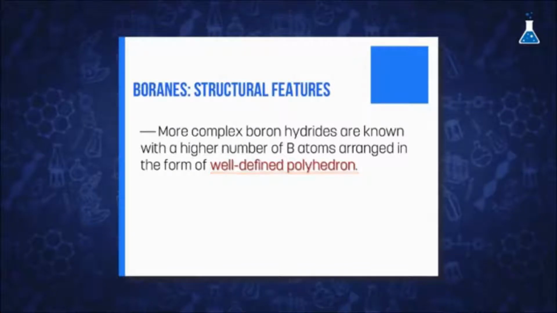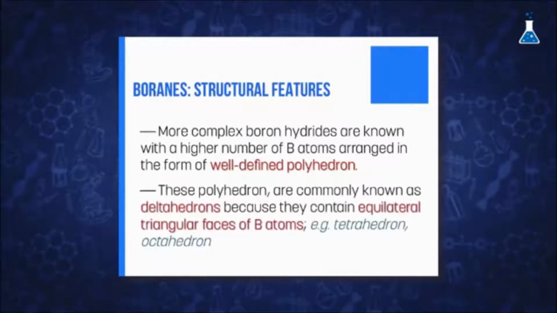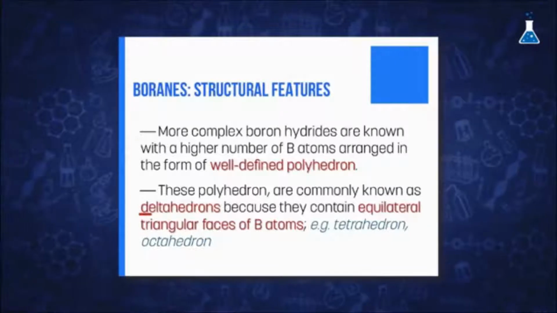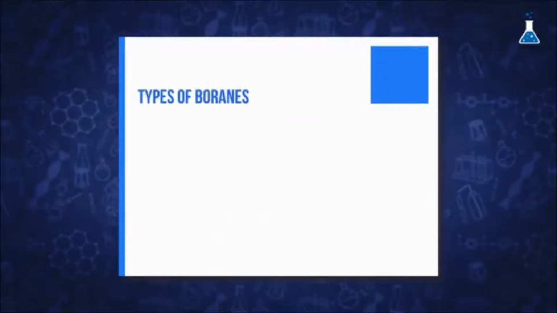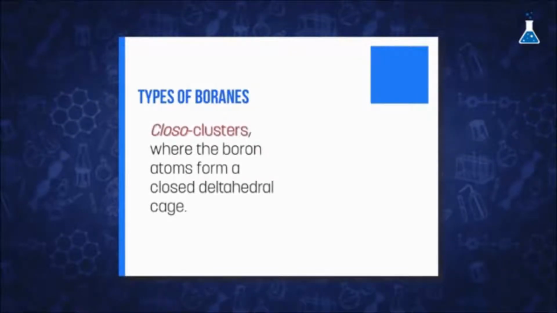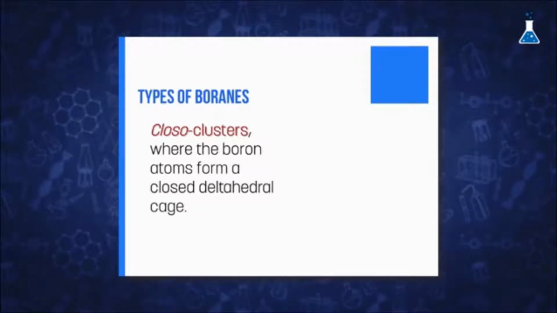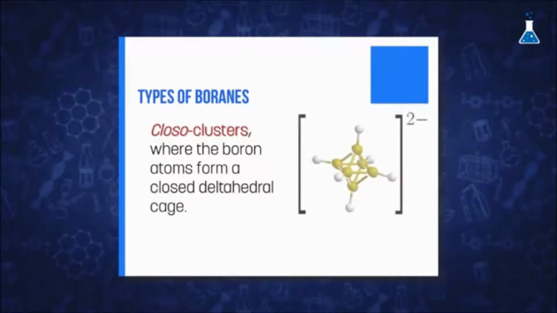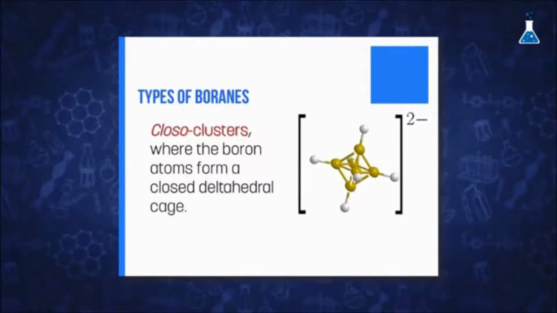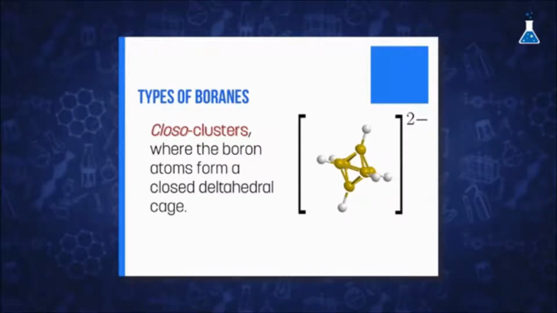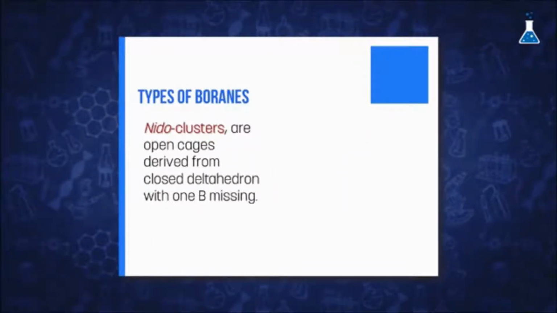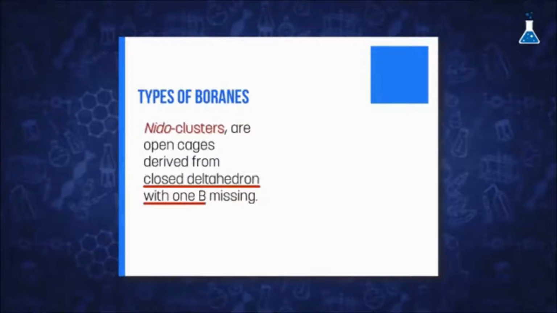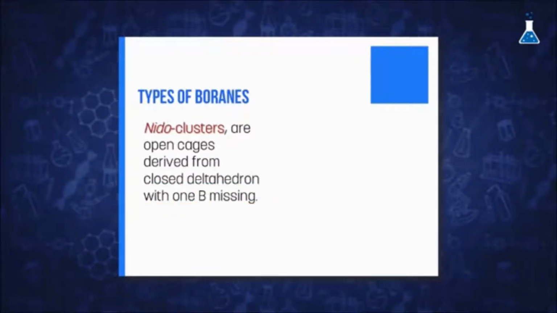These polyhedrons are commonly known as deltahedrons because they contain equilateral triangular faces of boron atoms, for example tetrahedron and octahedron. There are 3 common classes of boranes: closo clusters, nido clusters, and arachno clusters. In closo clusters, the boron atoms form a closed deltahedron cage, and the generic formula is BnHn2-. While nido clusters are open cages derived from closed deltahedrons with 1 boron missing, and the generic formula is